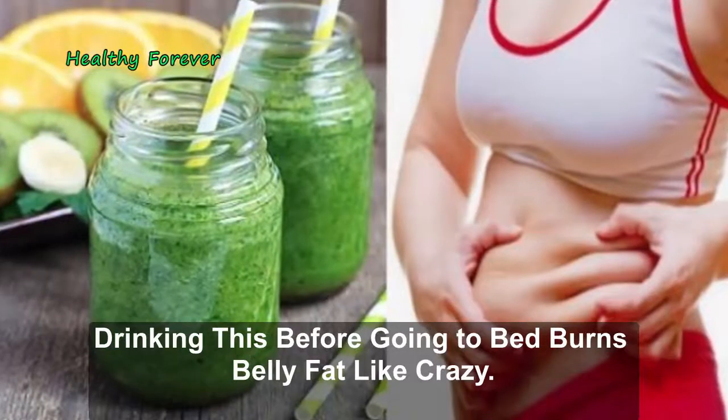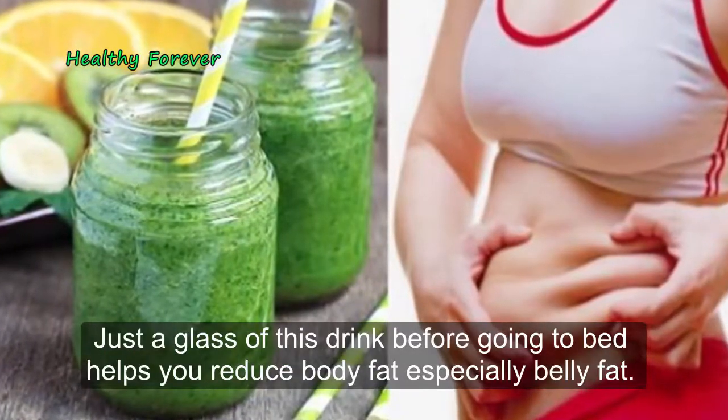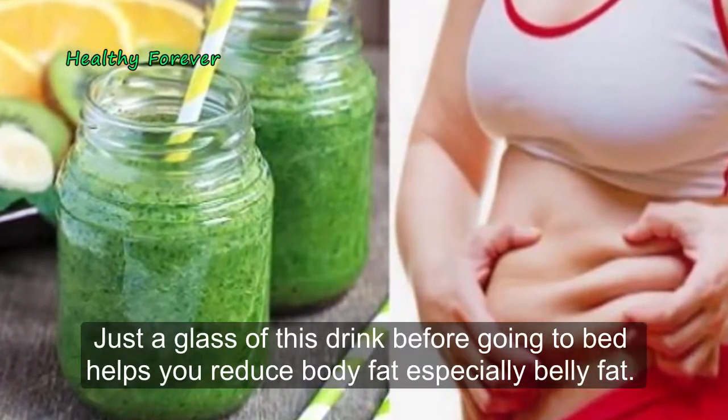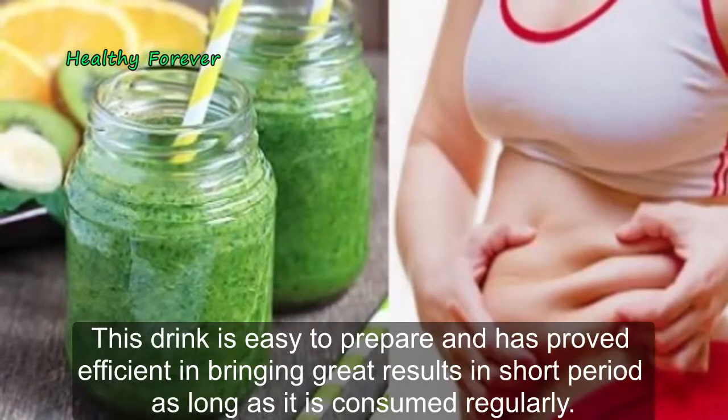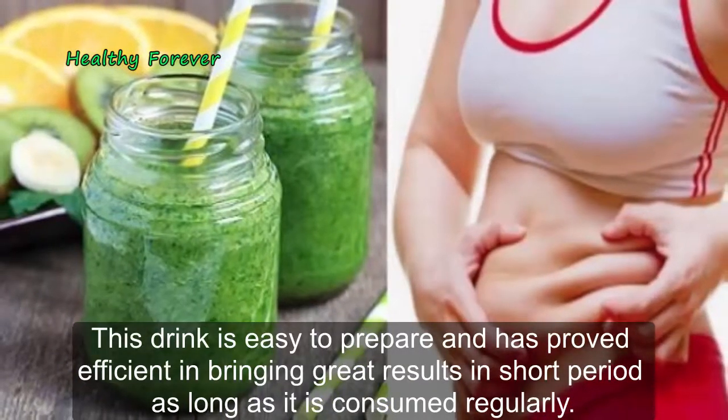Drinking this before going to bed burns belly fat like crazy. Just a glass of this drink before going to bed helps you reduce body fat, especially belly fat. This drink is easy to prepare and has proved efficient in bringing great results in a short period as long as